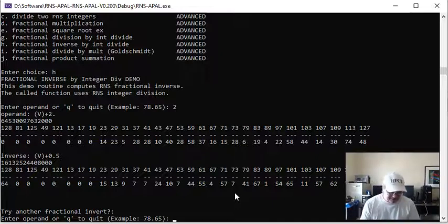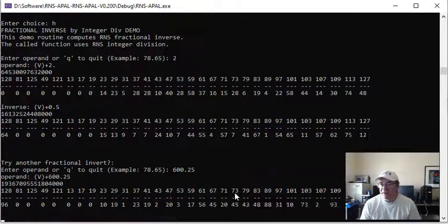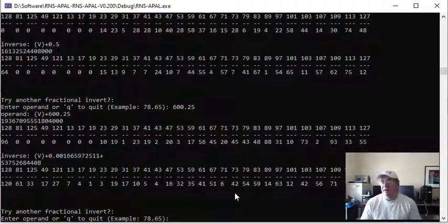Let's see if I can get creative. I'm not sure I can get creative. 600.25, and if we invert this, then we're getting this kind of number here. Okay, and again, what if I typed this number back in and did an invert? Well, if I typed that back in,